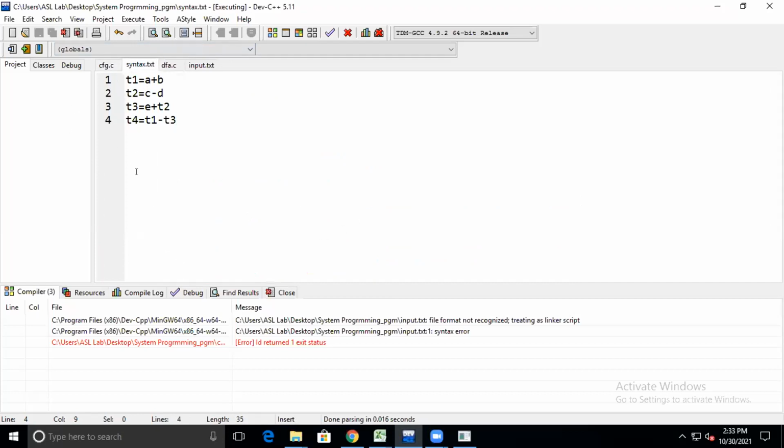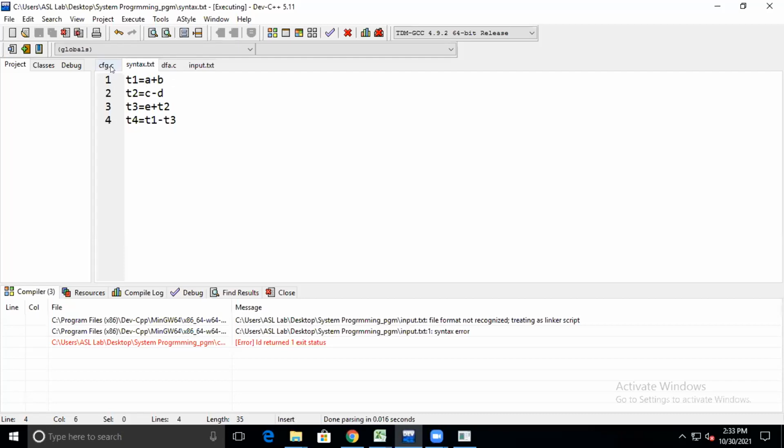In one file I have kept the values of a plus b, a c minus d. These are some string expressions I have given: plus sign, minus sign, again plus with different variables, and minus sign with different variables. But according to the plus and minus, the plus needs two operands side by side.